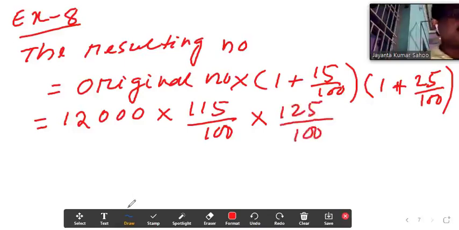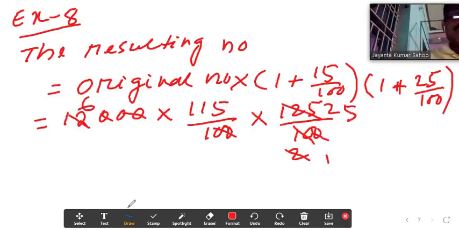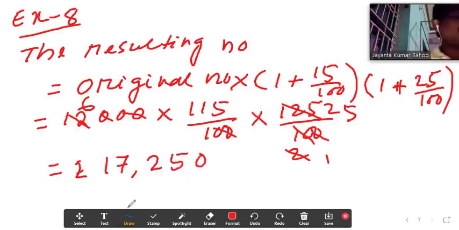Now we can reduce that. 2 zeros are here, 2 zeros are here, they cancel. 5 2s are 10, 5 2s are 10, 2 5s are 10, 5 5s are 25, then 2 1s are 2, 2 6s are 12. Whenever we multiply 6 into 115 into 25, we get 17,250 rupees. It is not 50 rupees, that is the only number given. What is the number? That is 17,250.